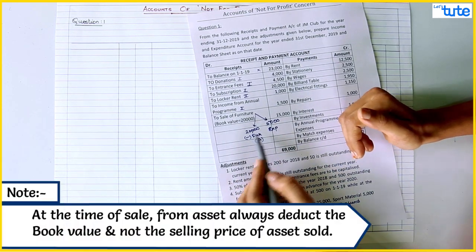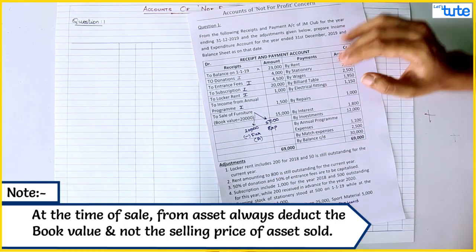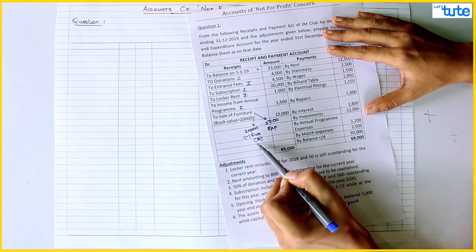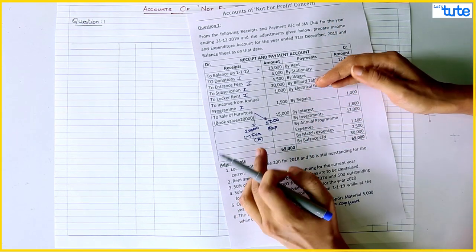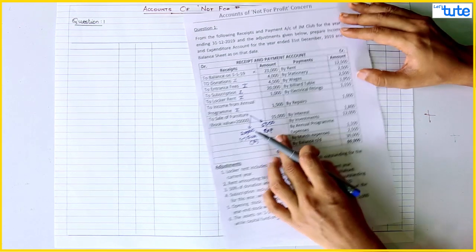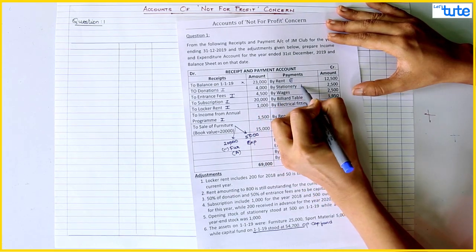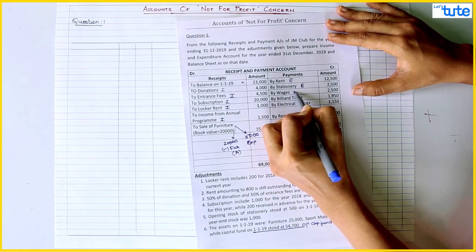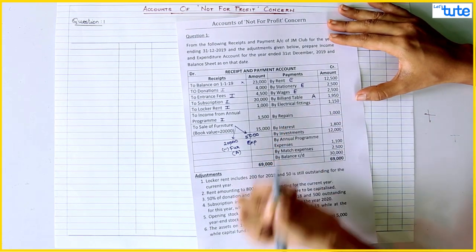Now always remember, from the asset we always deduct the book value and not the selling price. So net, we are giving the effect of 15,000, but in two bifurcations: 20,000 less from furniture on the asset side and 5,000 is your loss expenditure. Now coming on the payment side, rent is your expense, stationery expense, wages expense, billiard table that would be asset,